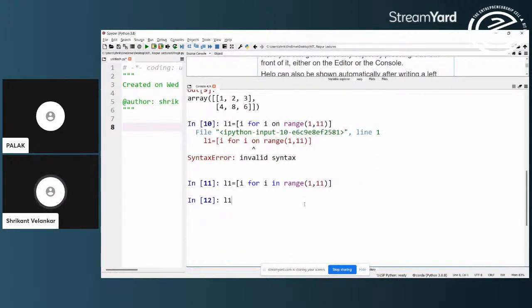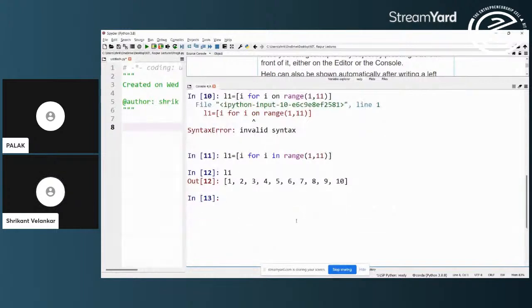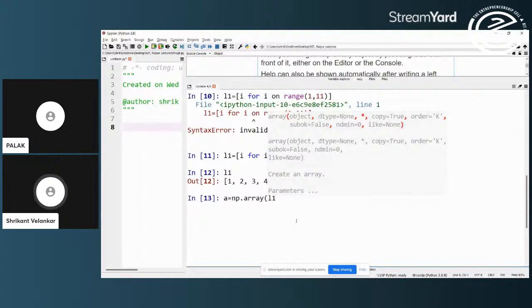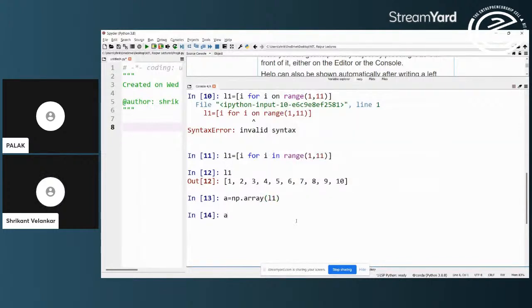Now, what is L1? L1 is nothing but the numbers 1 to 10. To change its shape, first of all I have to convert it into an array. So I will say A is equal to np dot array of, and now I will straight away pass the variable L1.